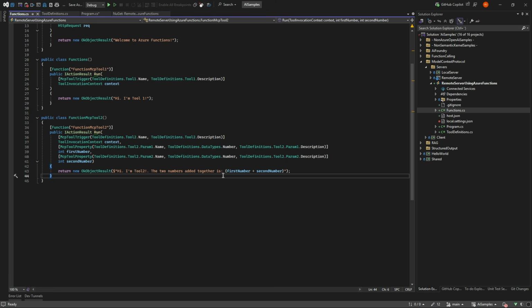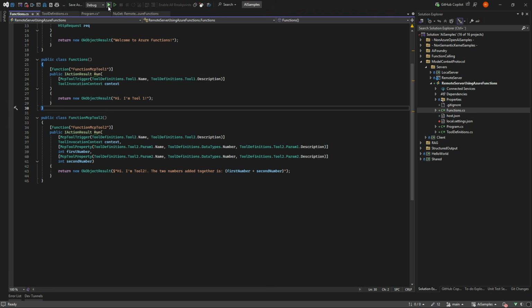This is of course nothing we can really use for anything, but in here you can do whatever. You could call a backend web system, an ERP system, a web service, whatever you want to expose. It can be that you expose a vector store, so you can actually do RAG and such things. And that is everything I have changed in here.